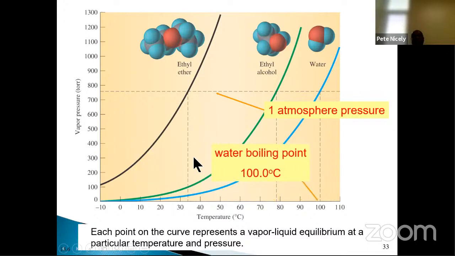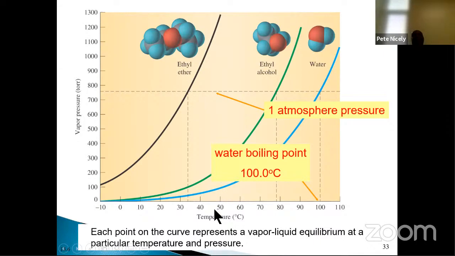And if you do the same thing for water, as we said before, the boiling point is 100 degrees Celsius. That's how you can determine, based on these curves, the boiling point of the different liquids at